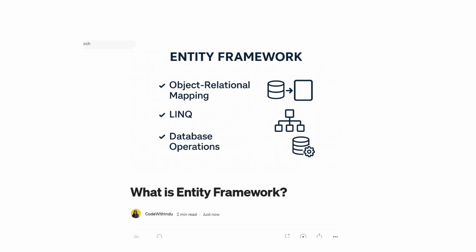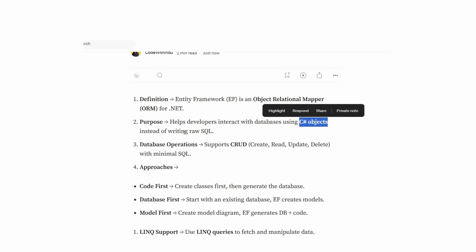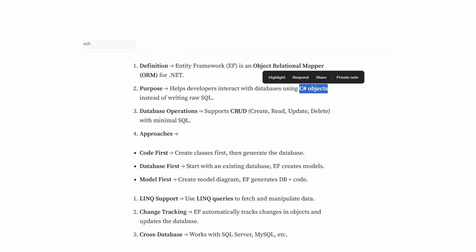In today's video, we will cover what is the Entity Framework. So it's a very important question in .NET interviews. So let's start. Entity Framework is the object relational mapper for .NET. It helps developers to interact with the database using C# objects rather than writing long raw SQL queries, and in which we can do operations like create, read, update and delete, in which we have